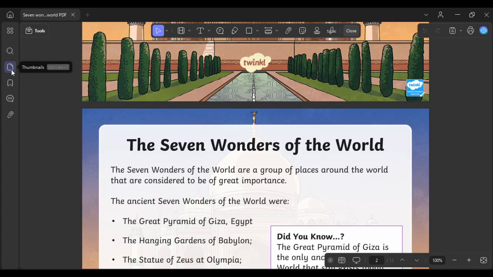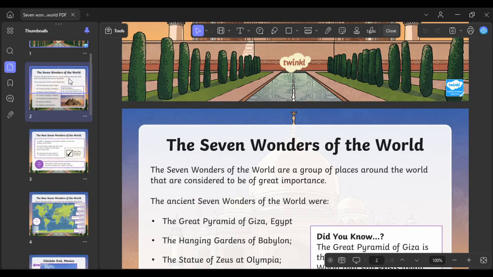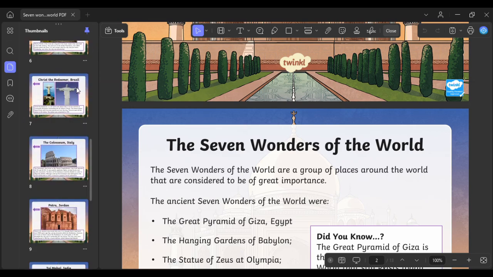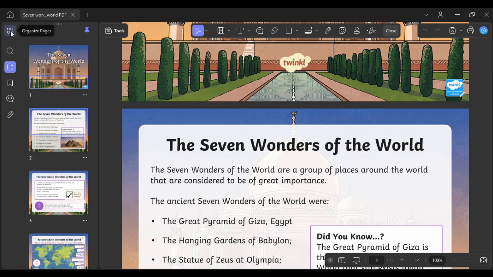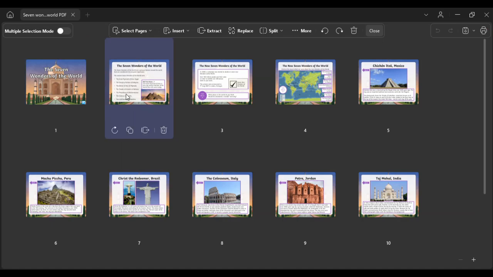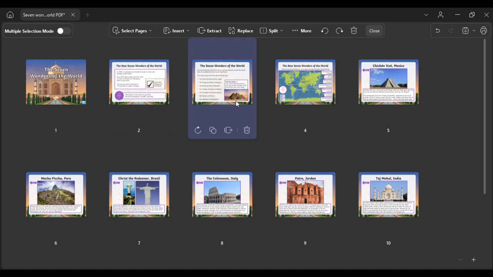If we click on thumbnails, it will then give us a thumbnail style view of our document, and this allows us to use our mouse wheel to navigate through the pages. You can also click here to organize the slides or pages of the article you are reading. We can add, replace, or delete pages as well as rearrange the slides.